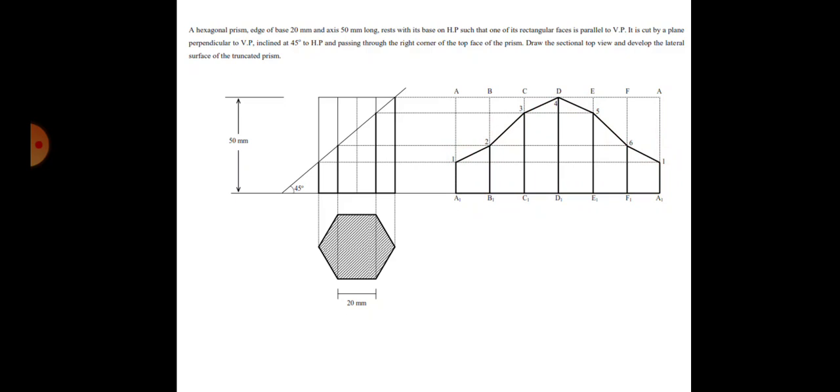I'm just giving you some examples, because the first problem that I did in the case of parallel line method looks a little difficult, right? There were so many cuts that took place. So here you have only one section, so directly you can take the points. This is only one section plane. So point number 1, project it on 1, 2 project it on 2, 3 on 3, 4 on 4, 5 on 5, 6 on 6, and the last point is 1. So it is A, B, C, D, E, F, and the last point is A again. And write development inside this. So that is how you do it for the parallel line method.